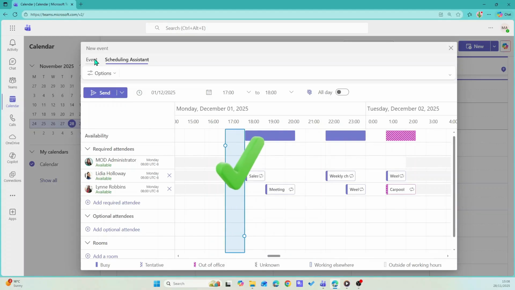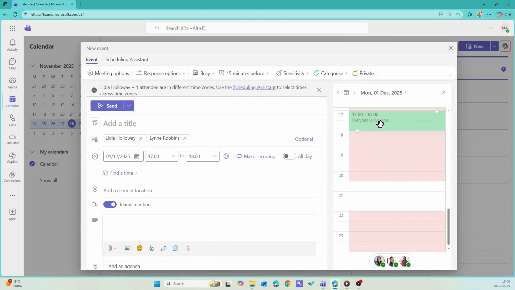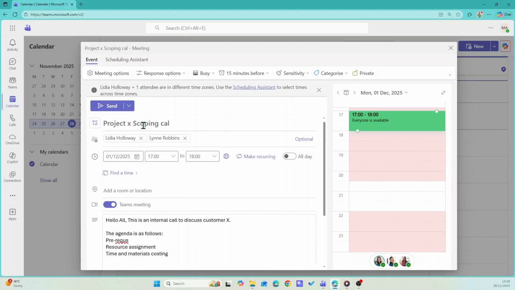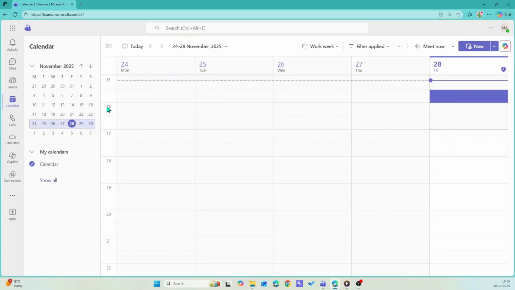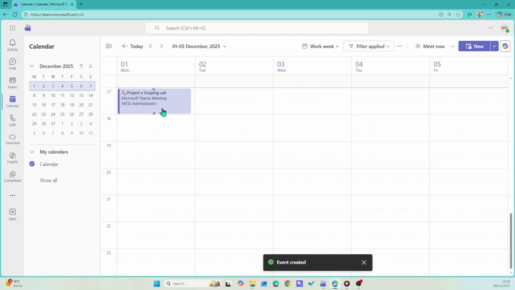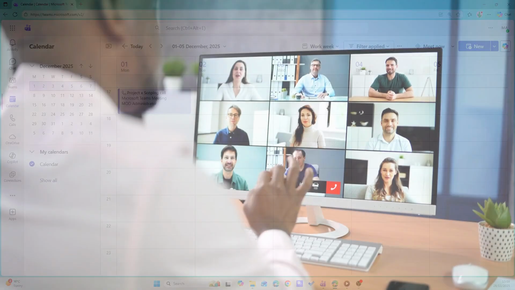The Scheduling Assistant is ideal for team catch-ups, client calls or project discussions where multiple calendars need aligning. Once you've added in all of your meeting details, click Send to confirm. No more scheduling headaches. With Scheduling Assistant, you can find the right